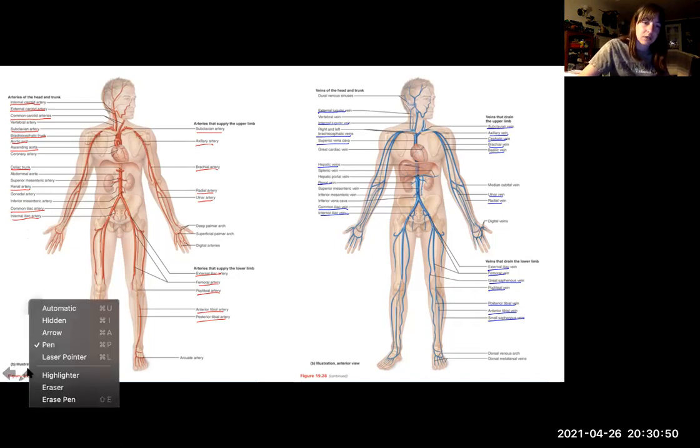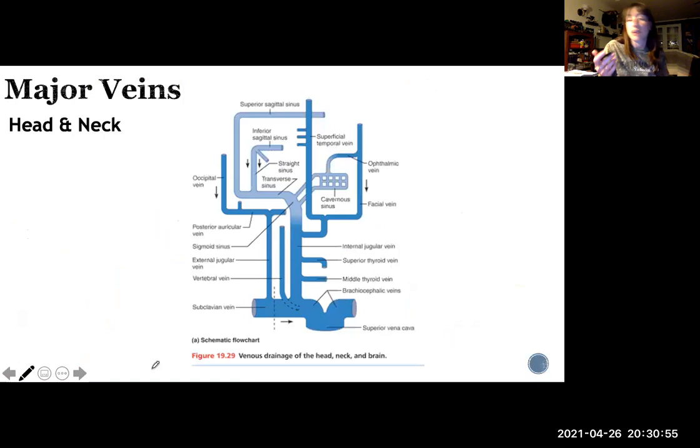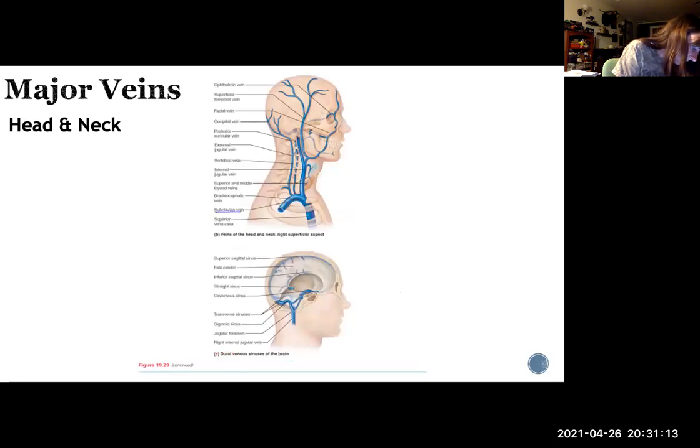Okay, you guys, let's continue. Here's the structure that I was talking about, where the internal and external jugular veins go up into the brain. We're going to be draining the brain here, okay? So we want to know this subclavian as it goes from the arm, and then the other branch of the superior vena cava coming from the internal jugular vein. We do have an external jugular right here, but they are both going to come up